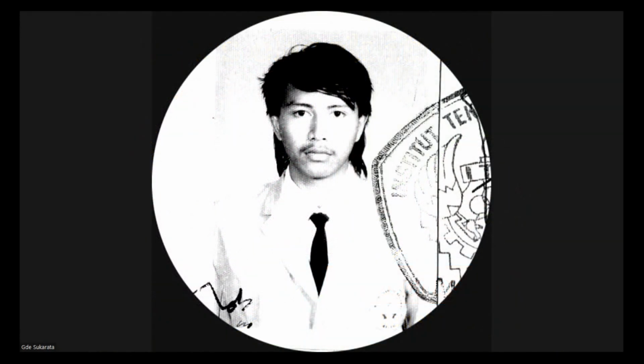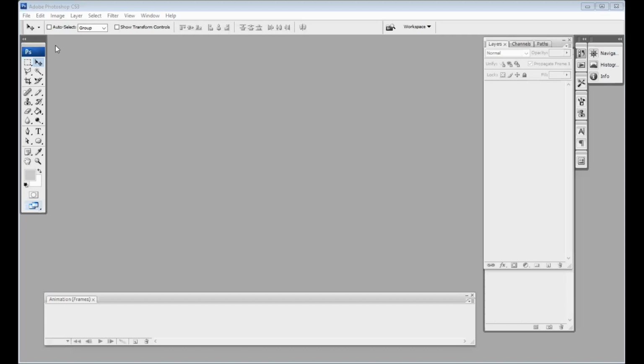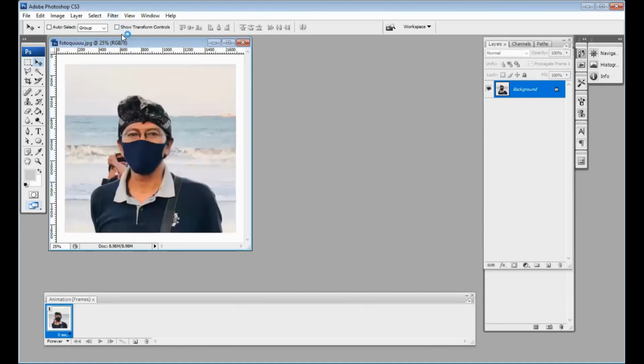Okay, guys, let's try to learn another way of copying an area of our image, where the area will modify the image.